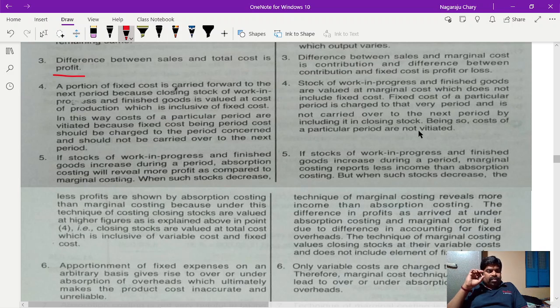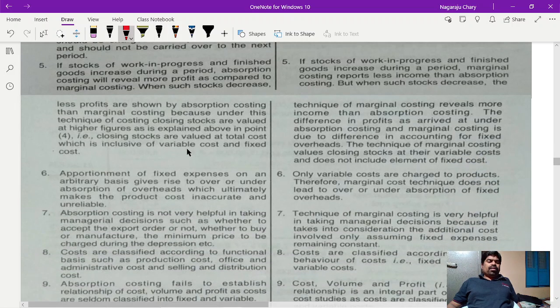It is deviated because the total cost is included, all the fixed and variable cost, under absorption costing, whereas in marginal costing only variable cost is included and fixed cost is separated. So that's why there may be a problem while calculating work in progress and finished goods valued on marginal cost and absorption cost. Next we see, if stocks of work in progress and finished goods increase during a period,